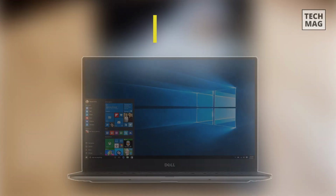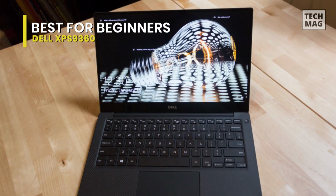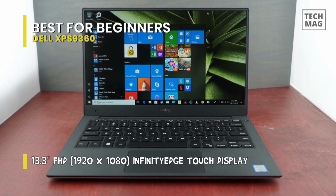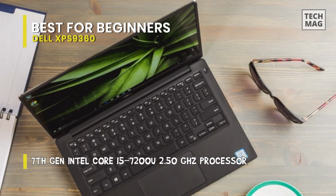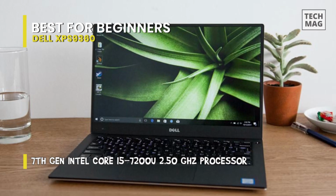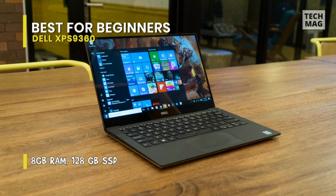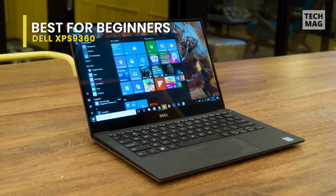Best for beginners, Dell XPS 9360. The Dell XPS 13 9360 is the best laptop for novices. This top-rated workstation has 8 GB of RAM, which can be upgraded to 16 GB in some versions, and is soldered, therefore RAM cannot be updated. Nevertheless, it comes with an entirely up-to-date 7th Gen dual-core i5 or i7 processor, SSD up to 512 GB. It runs a Windows 10 64-bit operating system comfortably, which is perfect for most users operating with entry-level knowledge of music production. Its 13.3-inch Infinity Edge IGZO IPS display stars a full HD 1920 by 1080 resolution for crystal clear